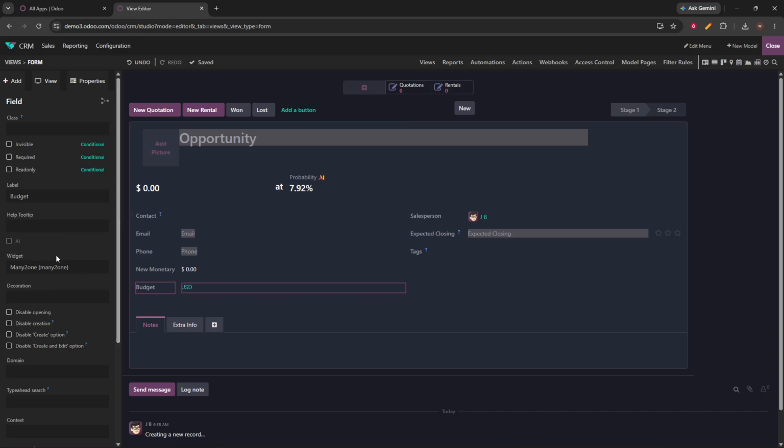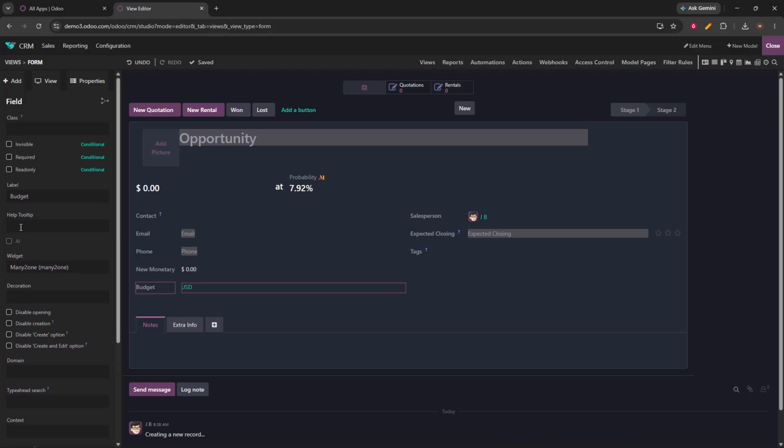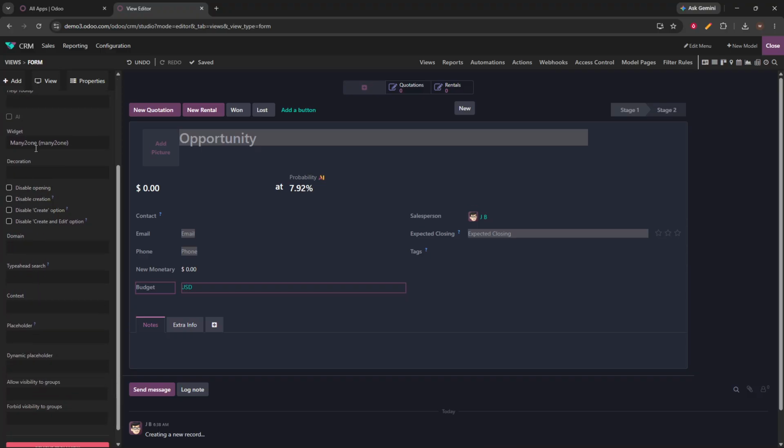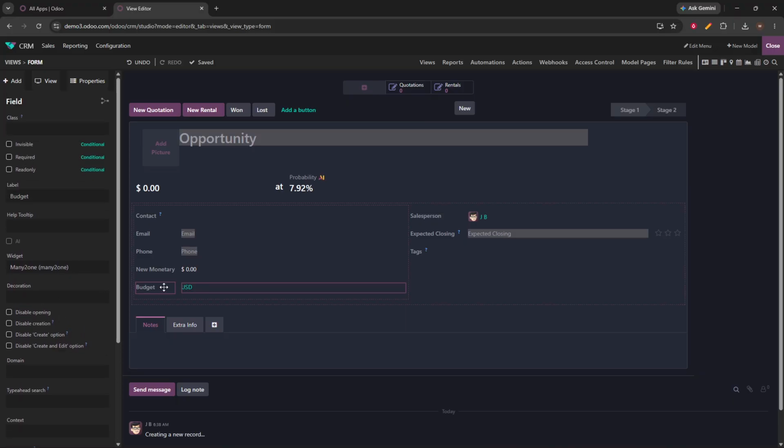After that, configure any other available properties for the monetary field. Depending on your setup, this may include options related to visibility, required status, or placement. Take a moment to review these settings so the field behaves the way you want. Now check the form to make sure the budget field appears correctly and that it shows a monetary value with the appropriate currency. If everything looks good, click Close in the upper right corner of Studio to return to the